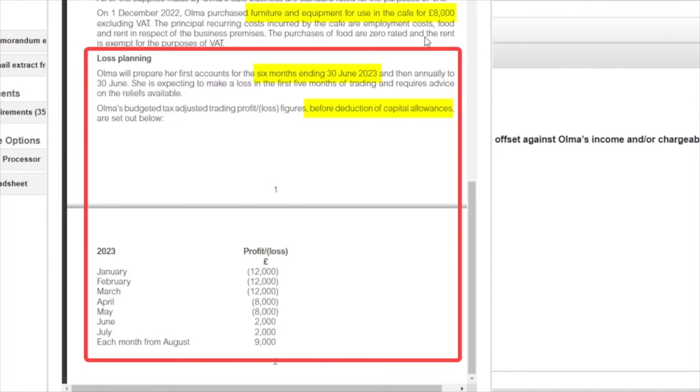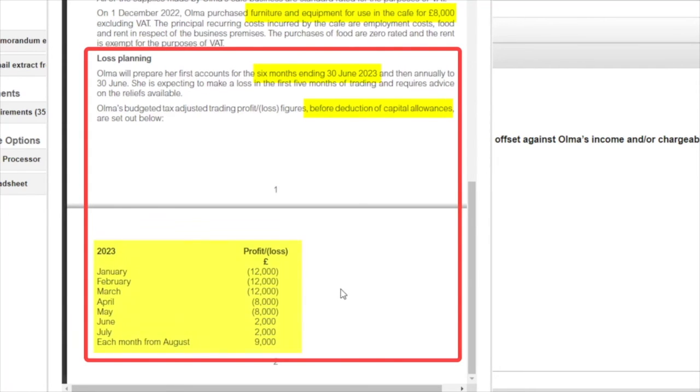And just above that section, we've already seen this in the VAT part of the question, we know that she has purchased furniture and equipment. That will qualify as plant and machinery. We treat that as if it was purchased on day 1 of trading, and it will qualify for the annual investment allowance. So in other words, that full cost is going to be deductible. That's a higher skills mark for linking those 2 sections together.